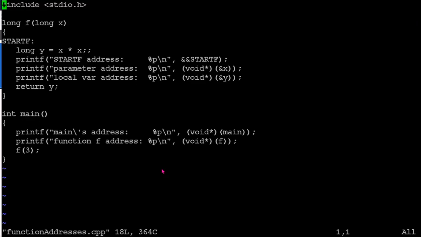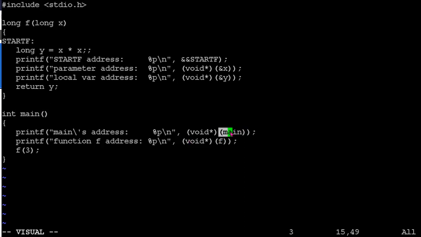So we've got this function here where at first all I'm going to do is say, well, let's take a look at how we can get the address of a function first off, and just see whereabouts it happens to live in memory. So all we're going to do in the beginning here is just use the name of the function,